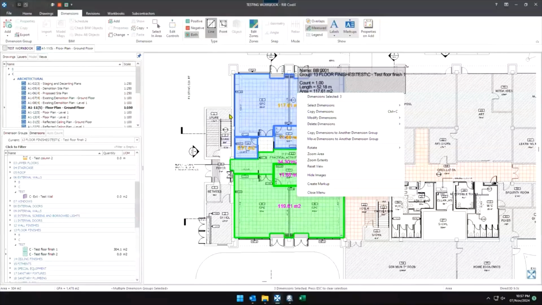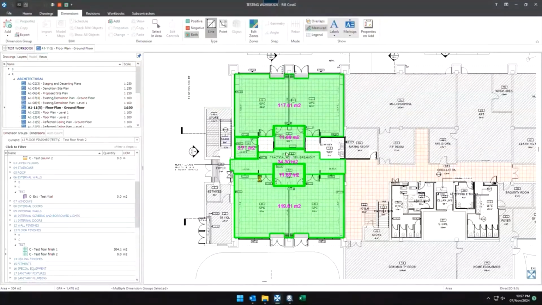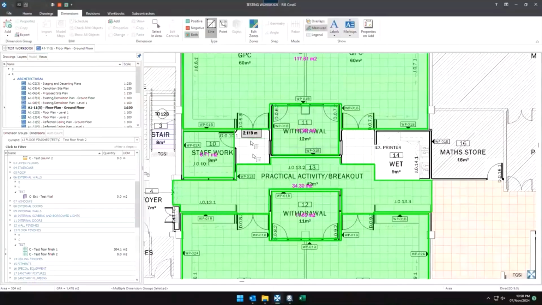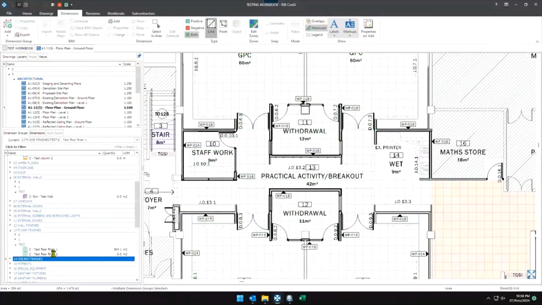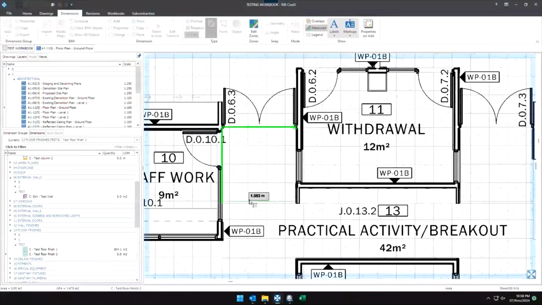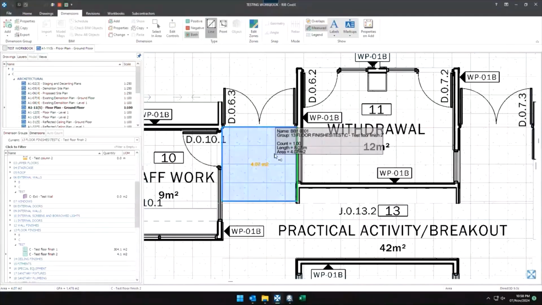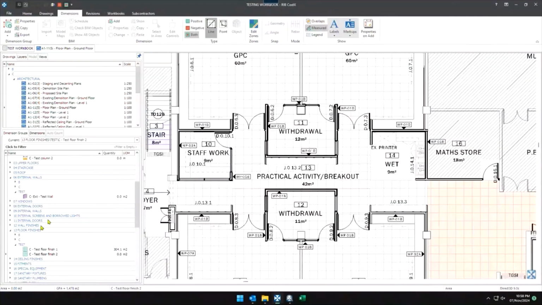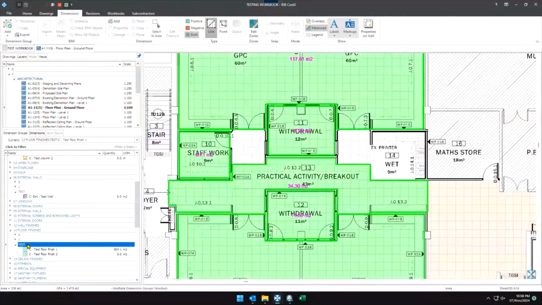So it's quite straightforward. Just as an example, I assume that this area here and that area there are test floor finish number 2, and I want them to be measured. So I can click on these dims and highlight on that and measure it. You can do it that way, or what I do is I click on this folder to make sure